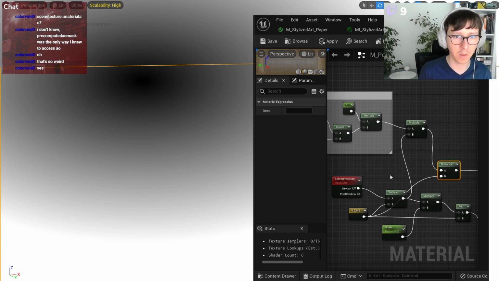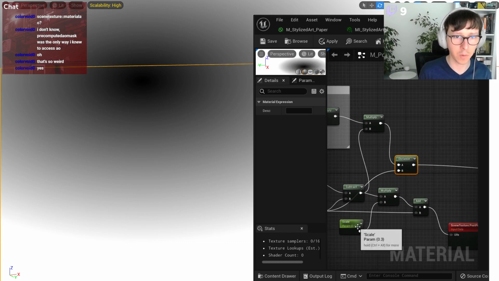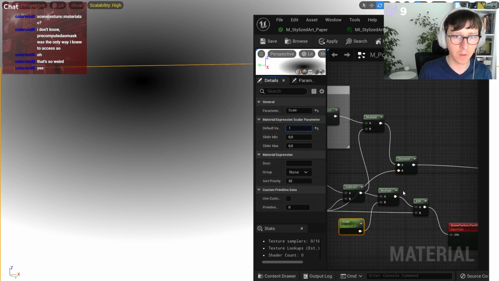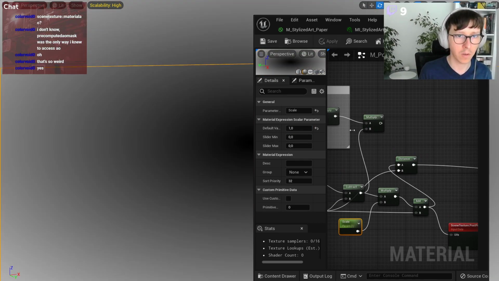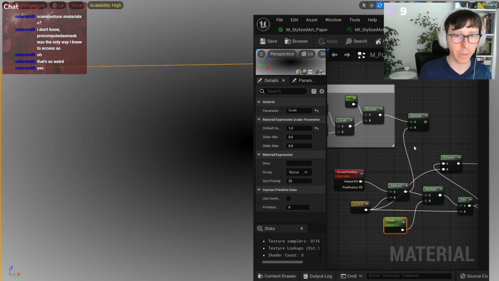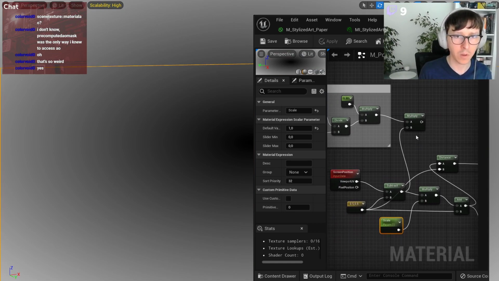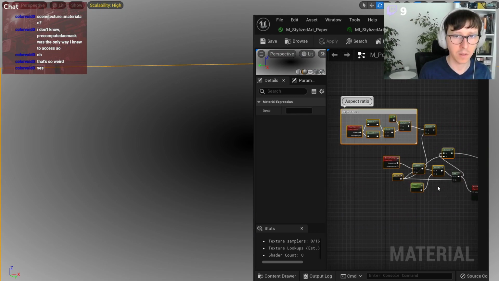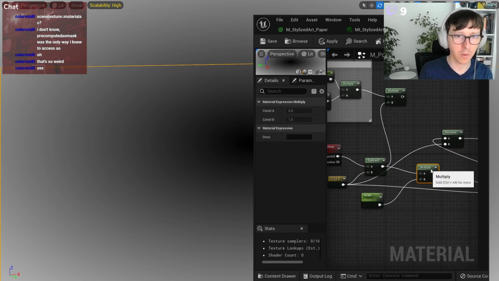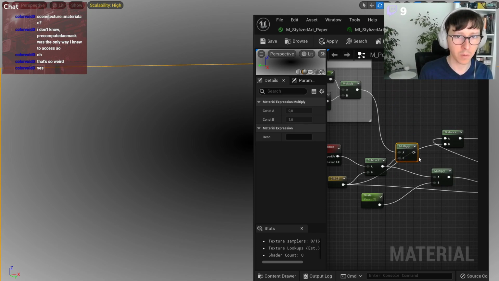Multiply this. Then multiply by scale, which should be 1. Then add. Okay. The aspect ratio stuff didn't work. Wait a second. Not connected. So yeah, subtract half, multiply by aspect ratio, multiplied by your desired scale,